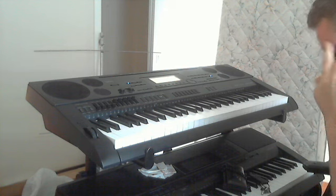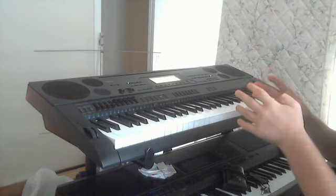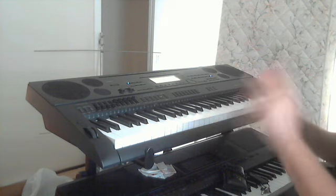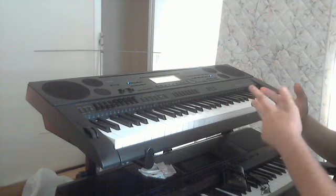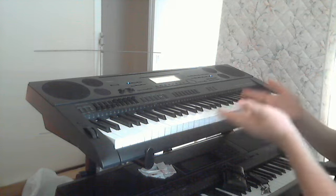Unfortunately, I'm going to say this right now. If you're looking for a very, very accurate representation of a Hammond B3, this is not what you want. It comes close in areas, is exactly like one or two, I think, maybe just one, but the rest of it falls pretty short. But for the $350 I paid for it new,